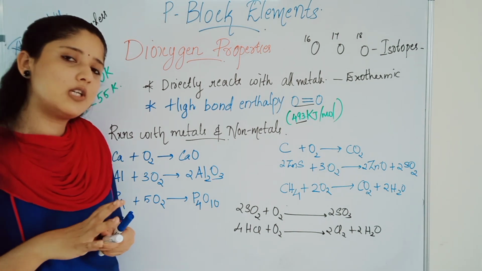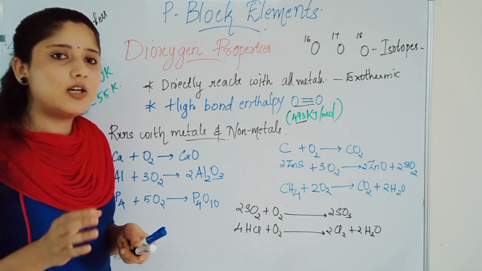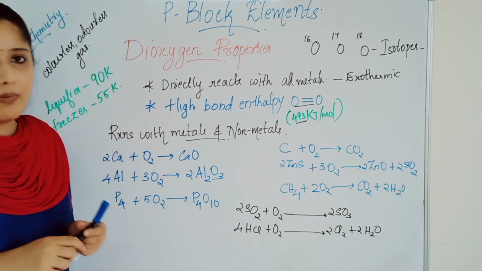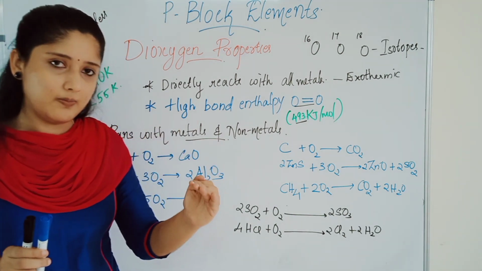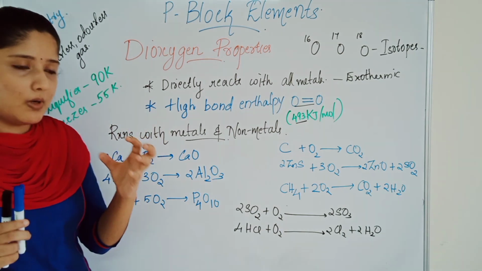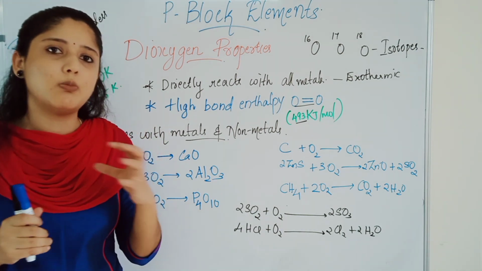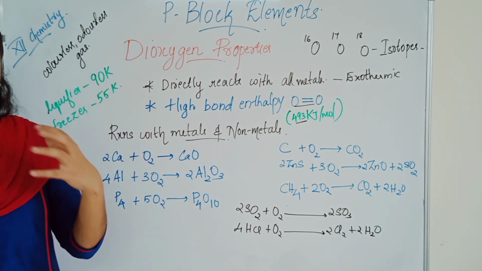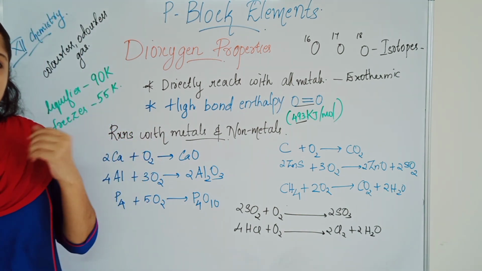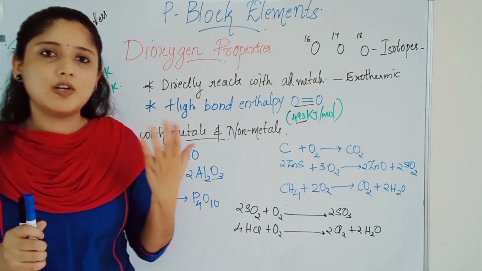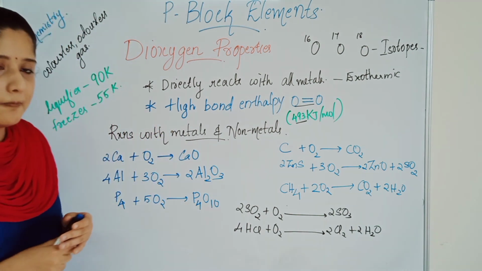So for dioxygen to take part in a reaction, energy is needed to apply. Okay, it requires what? An initiation with energy. Due to what? It has double bonded structure. Dioxygen O double bond O is what? Due to the high bond enthalpy, it is a very strong bond. So for oxygen to take part, an energy of activation is usually needed.